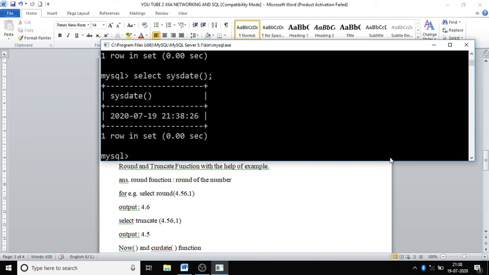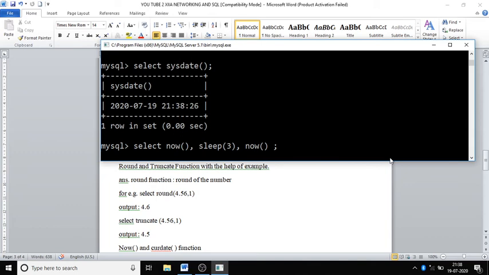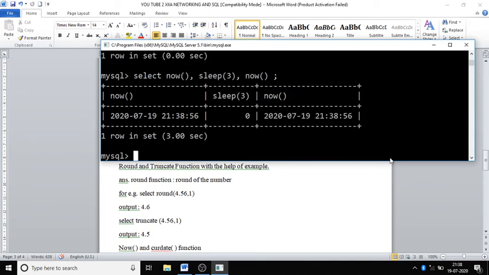What is the difference between now and sys date? Suppose I say select current date, sleep 3 seconds. Then again I will call now function. You can see your time is same.